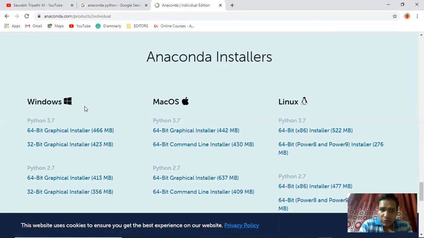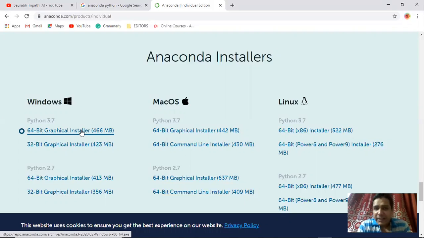I usually use Windows, so I use the 64-bit graphical installer. I'm using Windows 10, and my Windows is 64-bit only, so that's why I'm using that. Check your settings too, to see which Windows you are using, and install accordingly. Once you click on this, it will take around 5 to 10 minutes to download. After the download, please click on the exe file. When you click on the exe file, you get the installation window. Simply go next, and simply install it. Installation is very simple. Once you're done with the installation, we will go to the next part, which is how to launch Anaconda and use it.